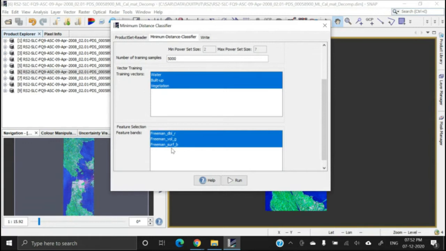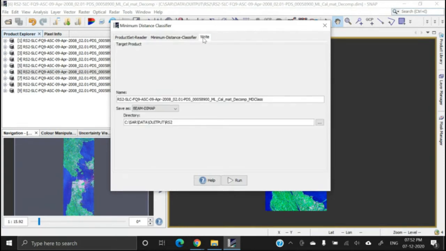Now this number of bands can also be increased. I will explain it after completion of this classification. Okay. So currently we have only 3 bands. That's all. Now go to the right tab, give the file name and also give the folder name and click on run.